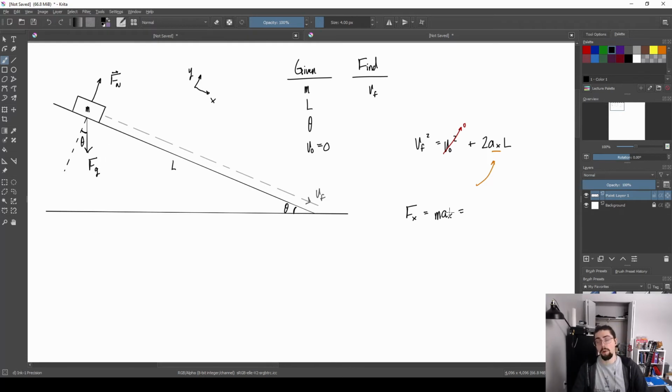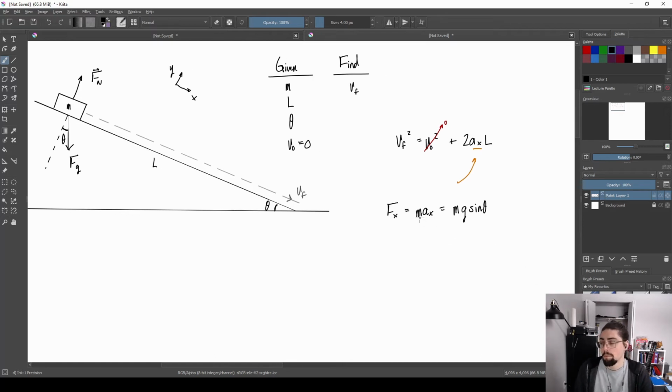Only the x component of gravity is actually something that I need to worry about here. mg sine of theta. And if I mess this one up again, catch me on that. But I've got ma is equal to mg sine of theta. I can cancel out the m's on either side. And what I find is the acceleration down the slope is equal to g sine of theta,